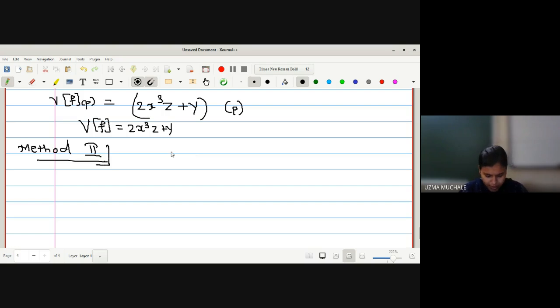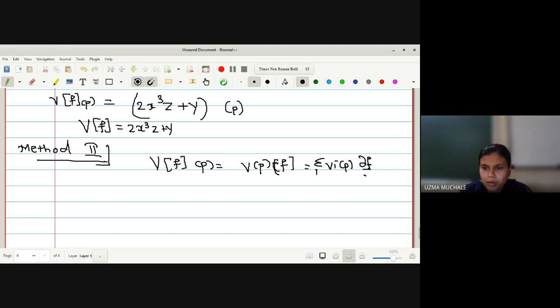Okay. So what is there in method 2? We have to do the same thing, that is, we have to find the directional derivative of function f on a vector field by a point-wise application. But here we are using our formula, which is equal to summation over i of vi at a point P, dou f by dou xi at a point P. Okay, so here we know the function f. What is our function f? We are provided f equals x square z, that is, x square into z plus y, correct? And what is v given to us? V is given as x square u1 plus y u2.